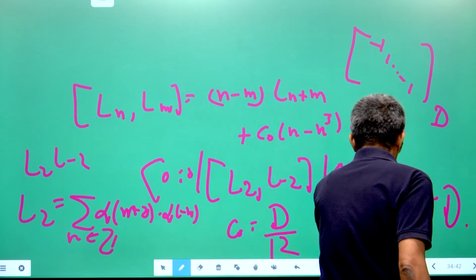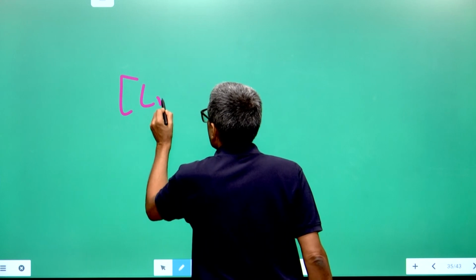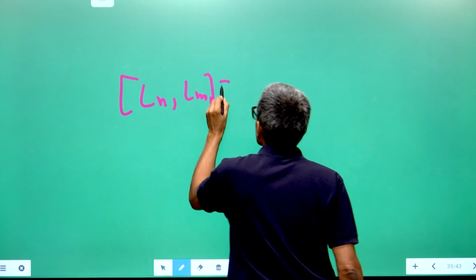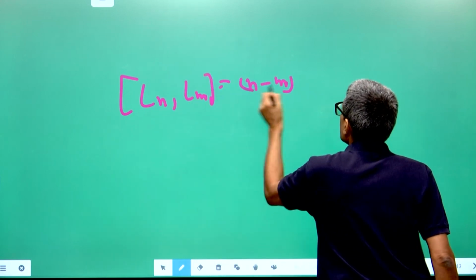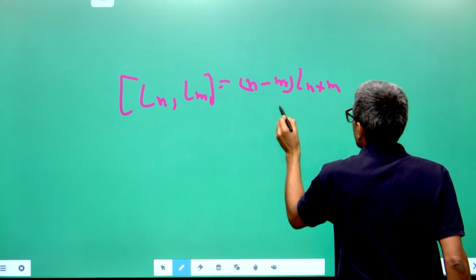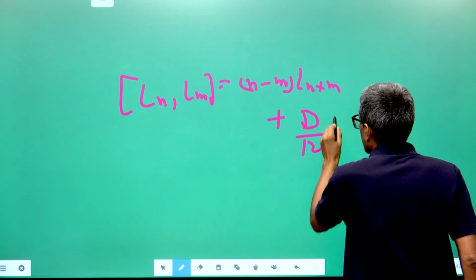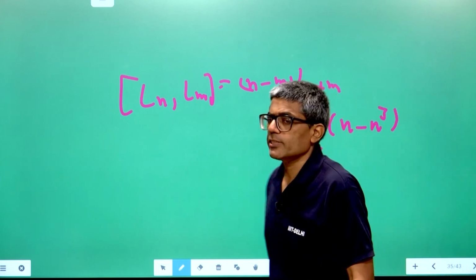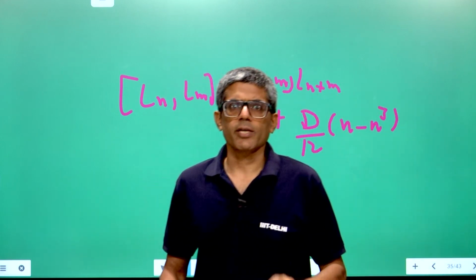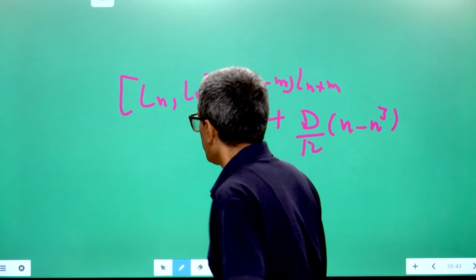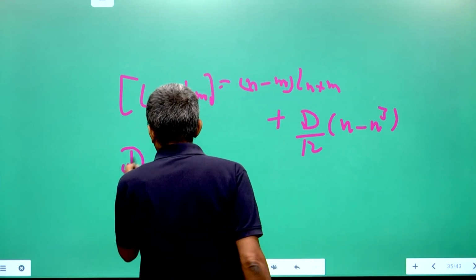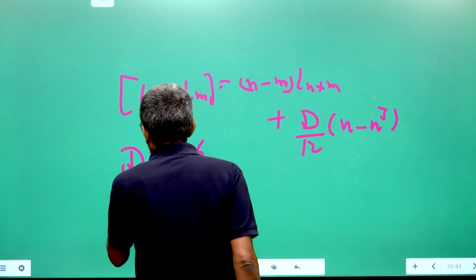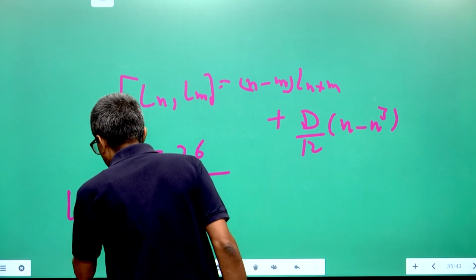So what you get as the Virasoro commutation relations become [L_n, L_m] = (n - m) L_{n+m} + (D/12)(n - n^3). So we have to determine the critical dimension D. D is the dimension of the bosonic string. The critical dimension D will come out to be equal to 26 when you study zero-norm states, that is, you look at physical states which are annihilated by L_n's